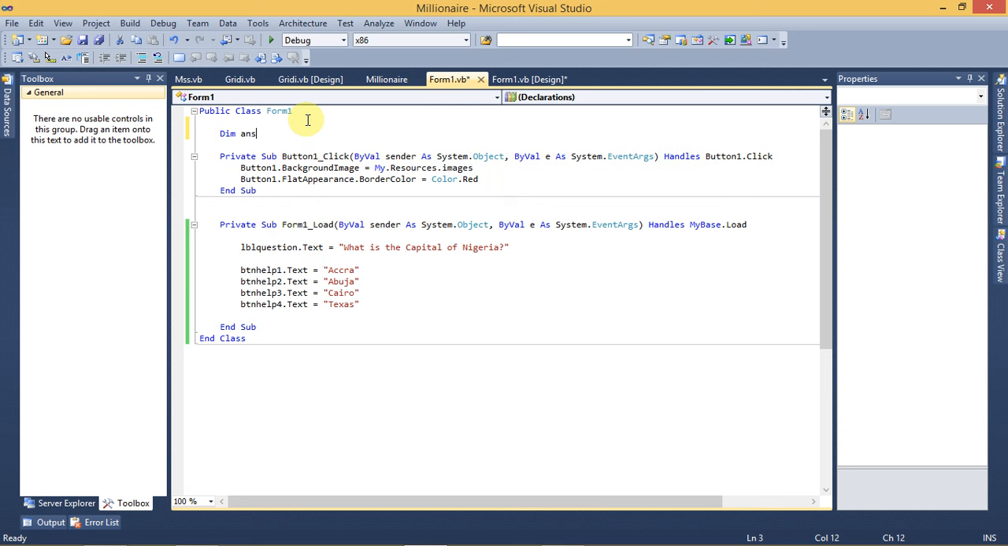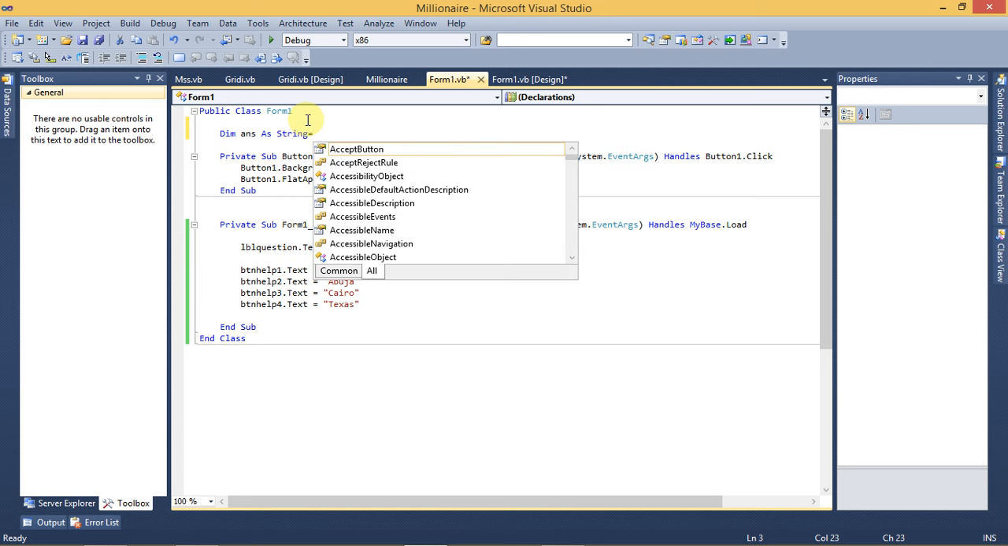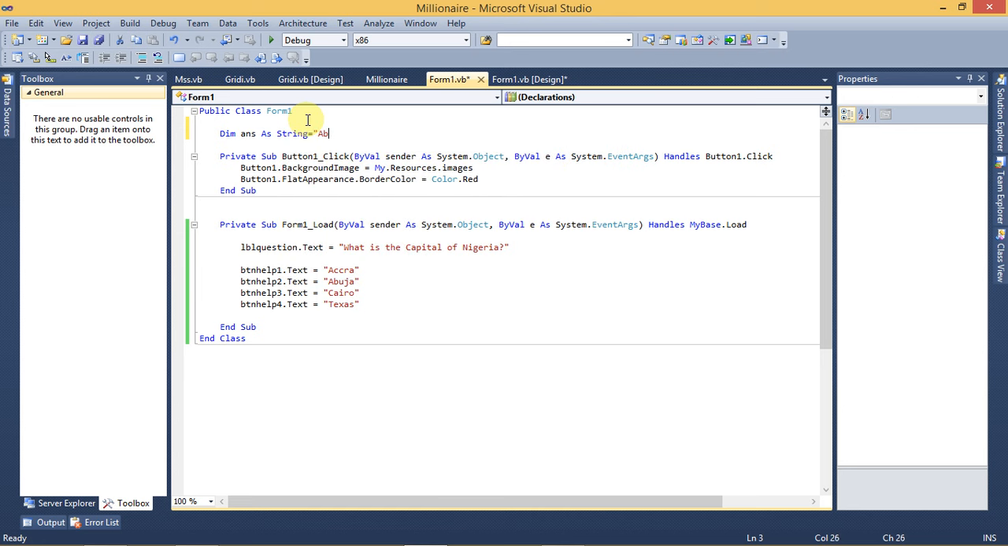Okay, Abuja, something like this. Yeah, because Abuja is the capital of Nigeria. So that is our correct answer. So all we do is click on the first button, go to the design, click on the first button,